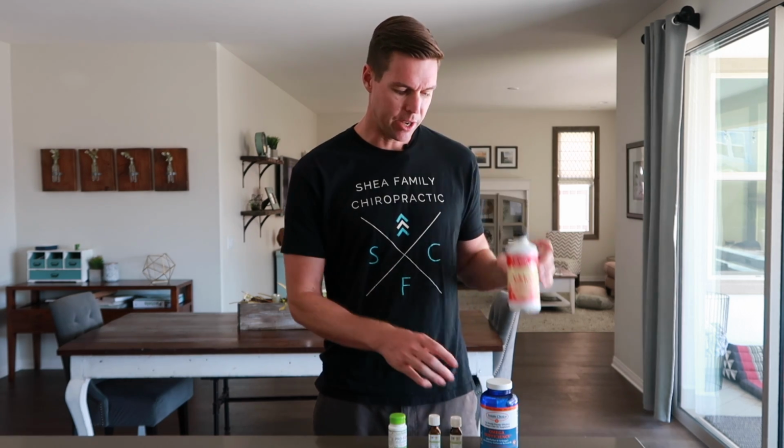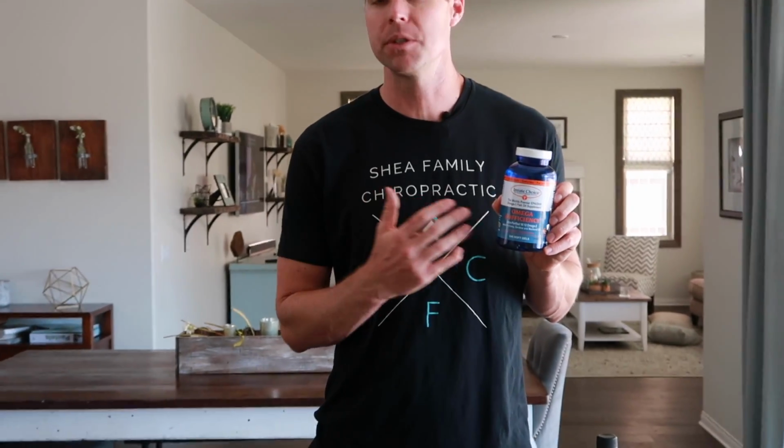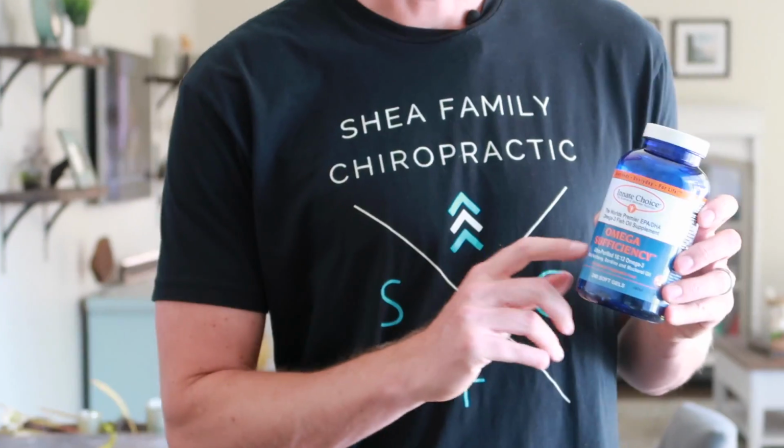So for the DHA component, I recommend that people take what's called omega sufficiency. This is just an omega-3 fatty acid. There's a bunch of good brands out there, but this is the one that we use in the office. It's called Innate Choice. This is out of a company from Victoria, British Columbia in Canada. They've got a great product. I recommend taking about 1,000 milligrams. I know that sounds like a lot, guys, and trust me, trying to get it into your kids is a little bit of a challenge, but what we've done is we've just literally lined up this stuff for children, and they knock back a little bit of a shot in the morning,